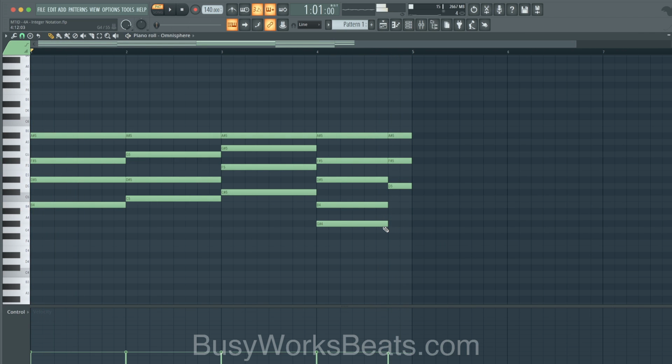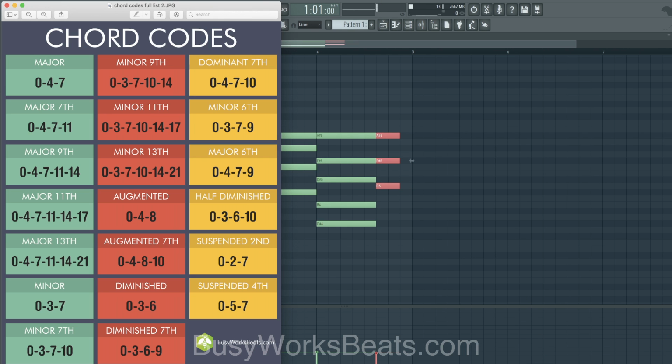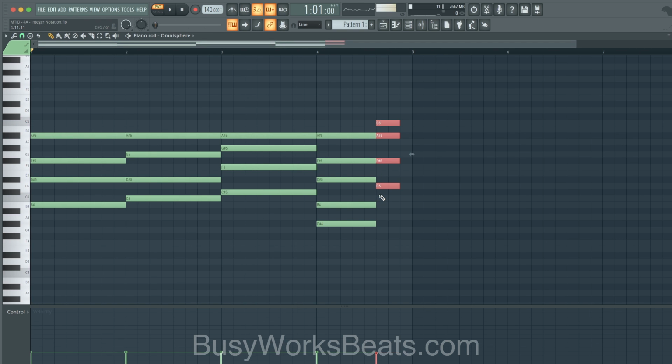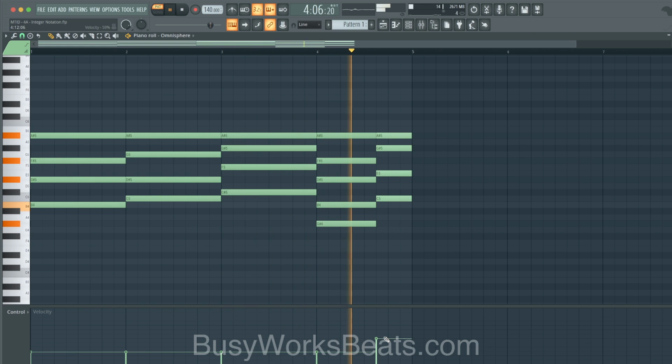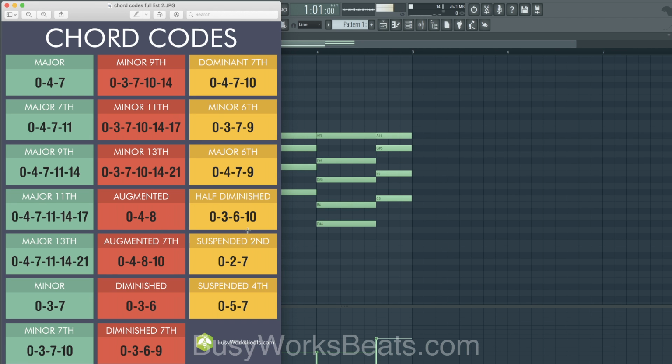Let me give it a different timing too. So that was augmented. Let's try augmented 7th. So we're going to add 10 to it. So it's 1, 2 up top. And I'm just going to grab this whole chord and transpose it down. So it's a lot of tension whenever you have notes close to each other. I like this. This sounds the most cool. That sounds the coolest to me. It's probably my favorite turnaround sound for this track. So augmented 7th is a winner for me.